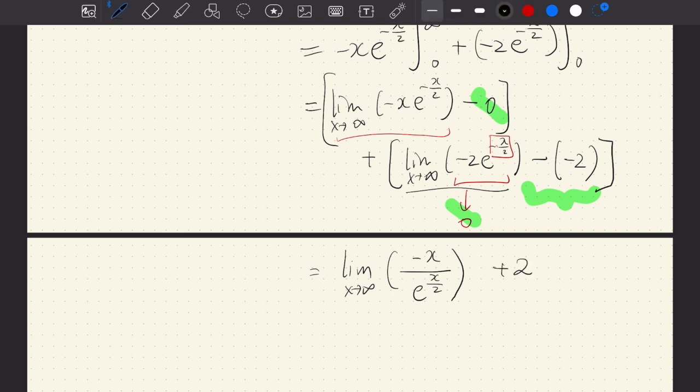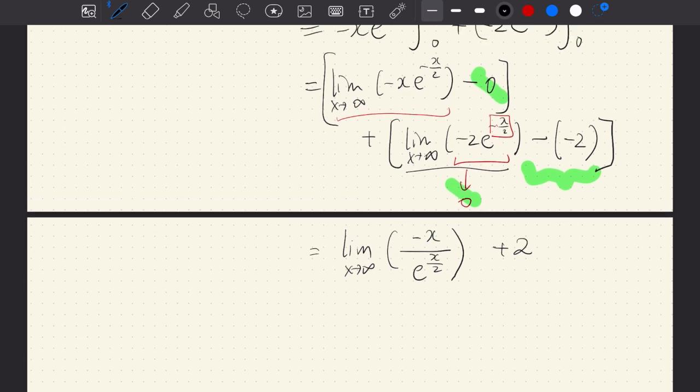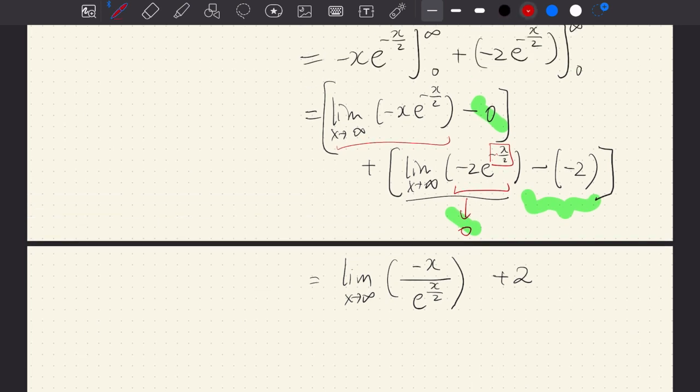Okay. And for this term, we see that when you use the plug-in method, that is, plug in infinity into x, you see that this goes to negative infinity, right? And this goes to infinity. So this is an indeterminate form of the form infinity over infinity. So we can use L'Hopital's rule. So this is equal to